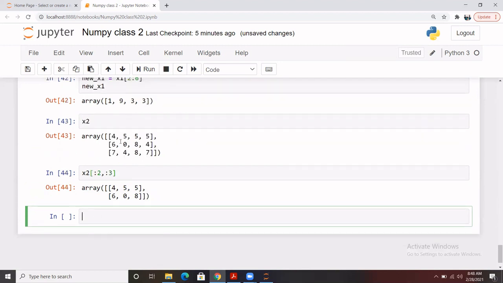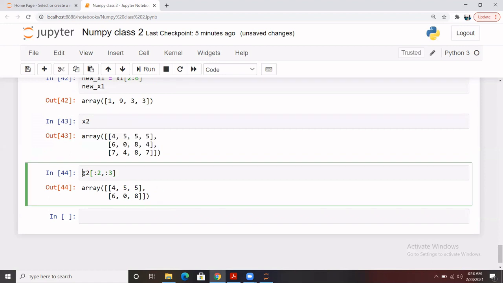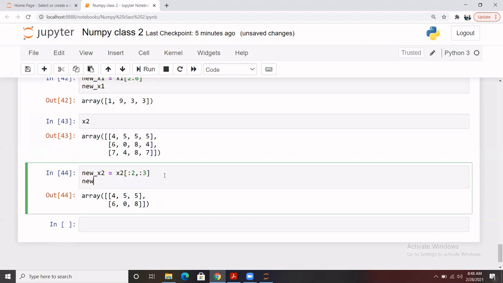You see, these are the first rows, and from these I need the first three columns. As indexing starts from 0, it will go till 2. So 0, 1, 2. So 4, 5, 5, then 6, 0, 8. Here it is. And you can store it in new_x2. So basically you sliced x2 and stored it in a different location, or you can say a different array.